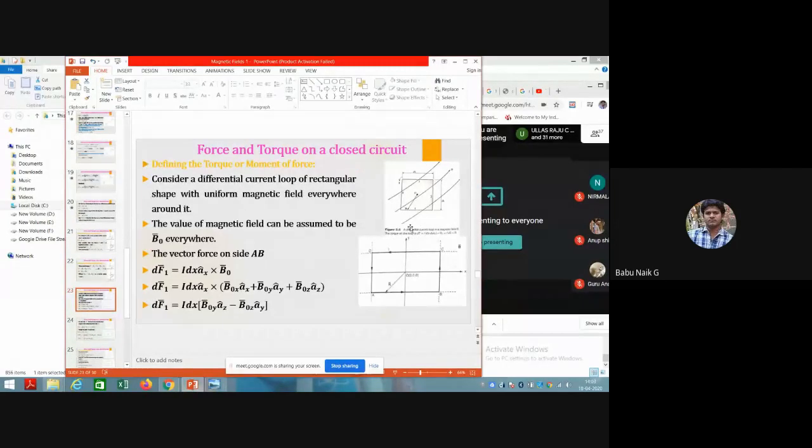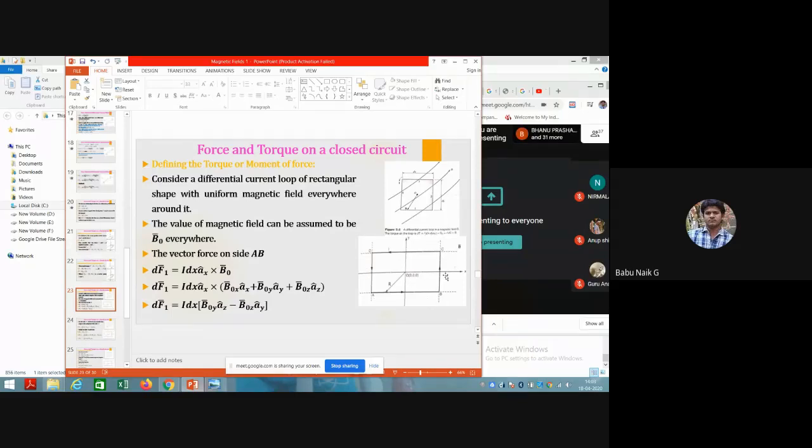And now we'll consider a circular loop, in which a magnetic field is being created. We need to calculate the torque for this one. I am representing it with a circular loop, considering that current is flowing through this wire. A magnetic field will be produced in a circular path here. So the magnetic field is in this direction, you can see it in this figure. The magnetic field will be in this direction, and the current flows in a circular loop.